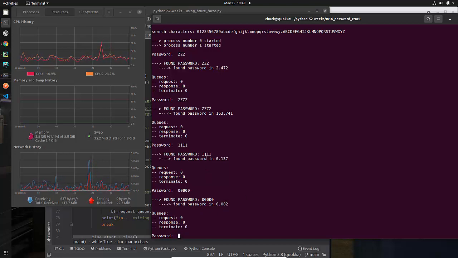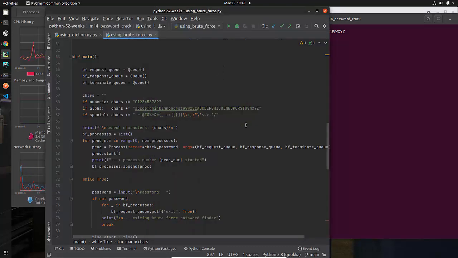Now, I could do funky things with the brute forcing search. I could start at a random location, but over time, it's not like that would really help out a lot. If I had an idea what people started with in terms of the first character for their password, that might help me to get an answer sooner. But as you can imagine, there's really no guarantee. Anyway, that is the brute force password cracking code that we've been looking at.